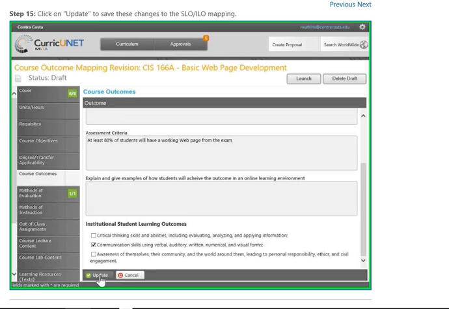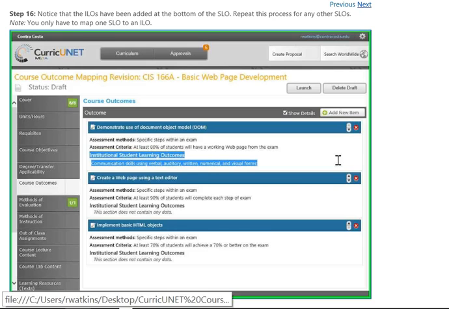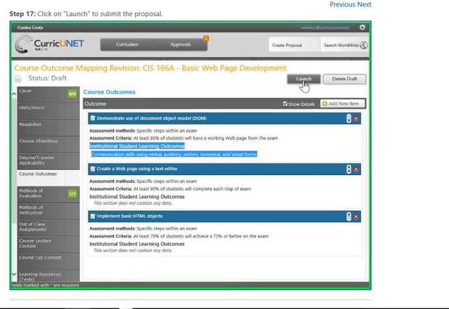Then it shows up with an update button. And so click on the update to save the settings. We're going back to the main screen, and we can see that now that ILO is associated with this SLO for this course. Click Next, and we are now ready to press the Launch button, which actually is going to